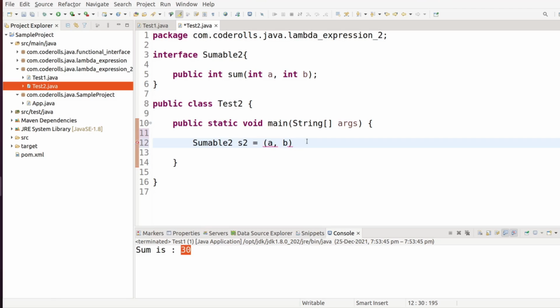And the next important part is the arrow, which is the sign of the lambda expression. And here goes the statement a + b. We want to return it, but since this is the only statement and it is providing the result, it will be automatically returned. No need to add a return keyword here. Okay, now this is perfectly fine,